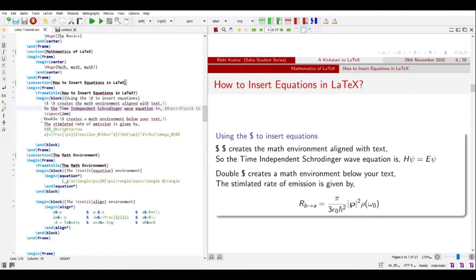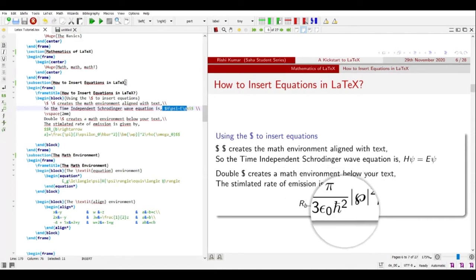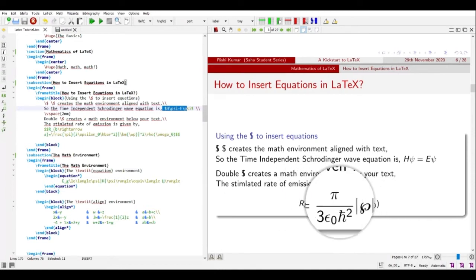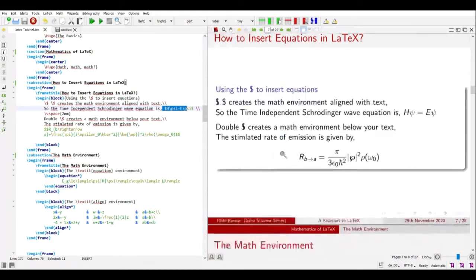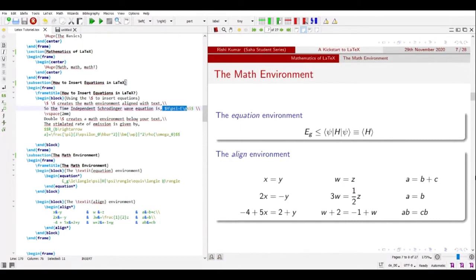Okay. So the double dollar essentially gives you a math environment below your text. So then we have here, the stimulated rate of emission is given by, let's say there's a double dollar sign here. So instead of being in line with your text, it gives you a space and then the equation below. You don't need to know any of these equations. I just put this here for reference, as an example of how to use these